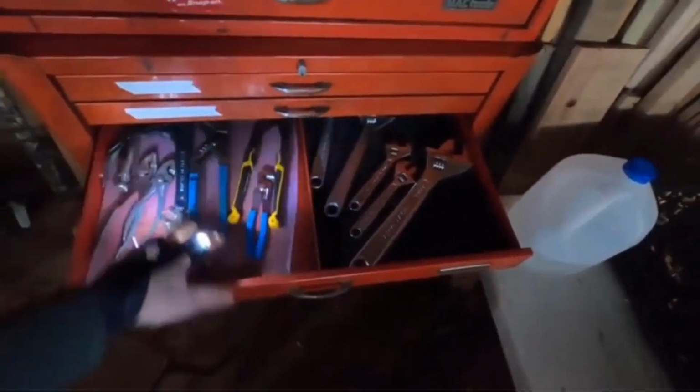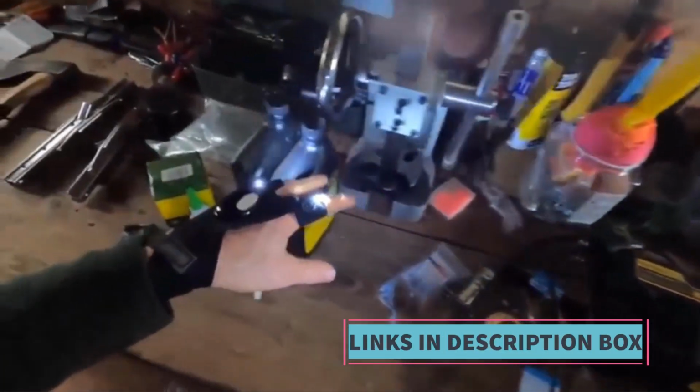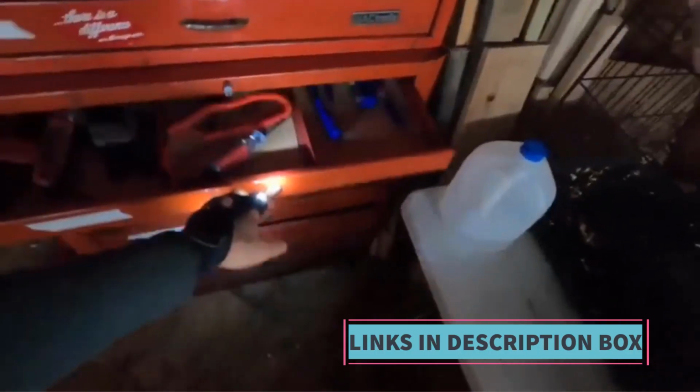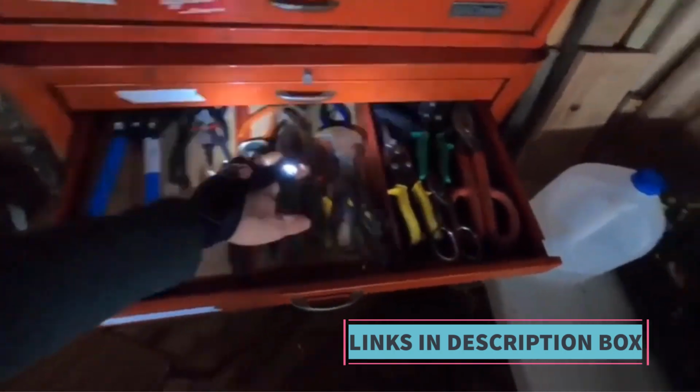One of the standout features of these gloves is their versatility. Whether one is working on intricate repairs in dimly lit spaces, navigating through a dark campsite, or fishing during twilight hours, the LED lights provide convenient illumination directly at the